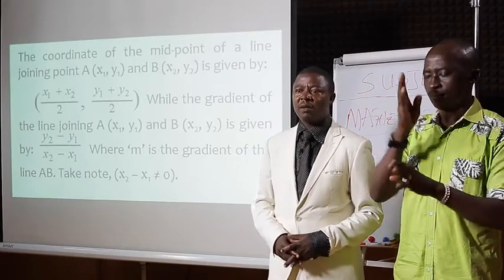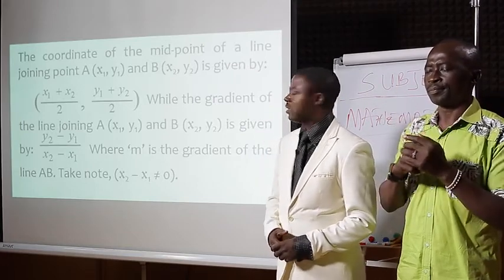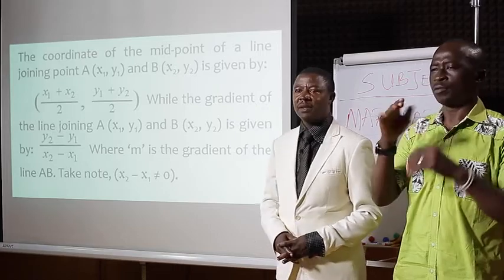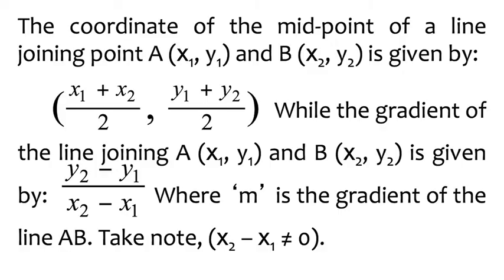Now, the coordinate of the midpoint of a line joining point A, with coordinates x1 and y1, and point B, with coordinates x2 and y2, is given by the formula (x1 plus x2 divided by 2, comma, y1 plus y2 divided by 2), all in bracket, while that of the gradient of the line joining the same points